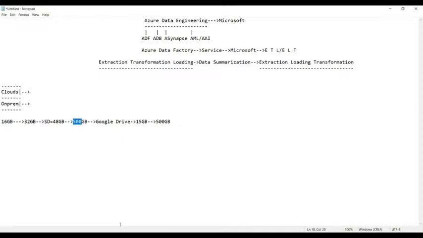Now, one fine day you lost it. Tell me, can you recover the 16 GB of memory? No, we cannot. Can you recover this 32 GB of memory? No. Can you recover this 500 GB of memory? Yes. Whenever you store the data in Google Drive,